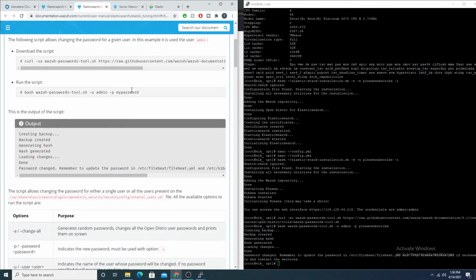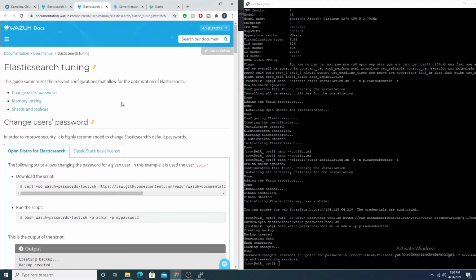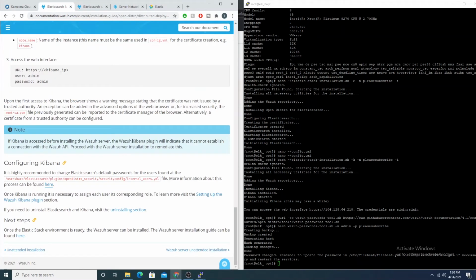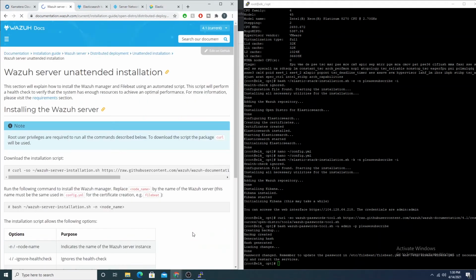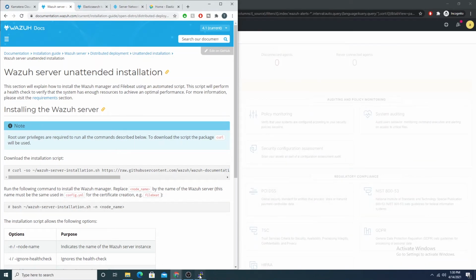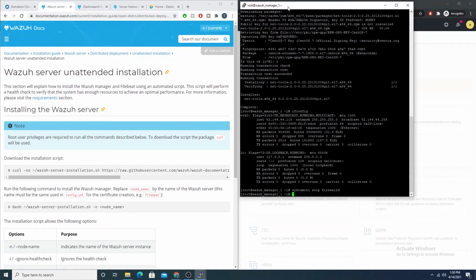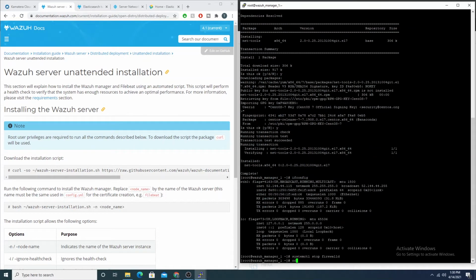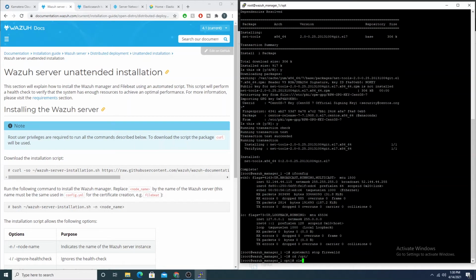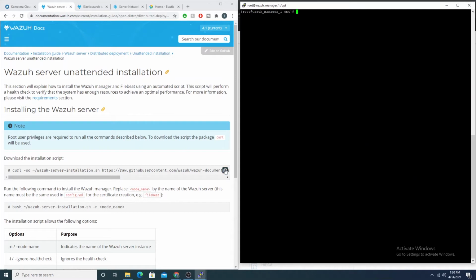Okay, good. So now let's install the Wazuh server part of it. So I'm done with the Elasticsearch and Kibana server. Let me jump onto the Wazuh server, and we can go ahead and install this. I'll cd into auth, go ahead and clear my screen off, and we'll grab the install script,